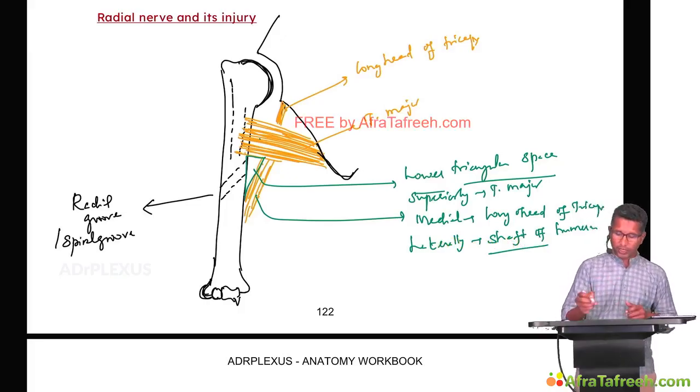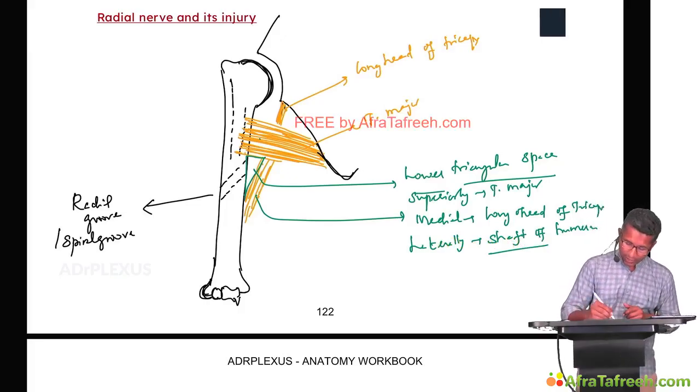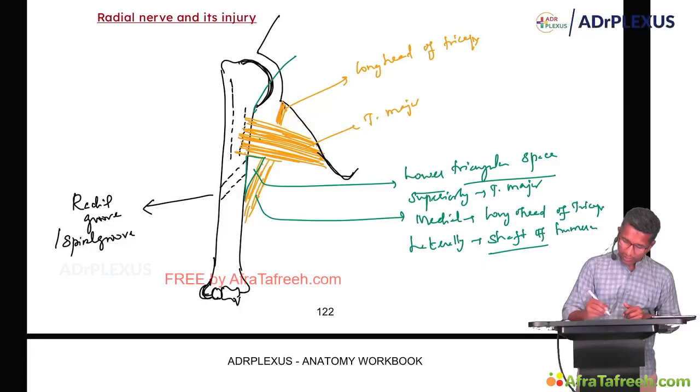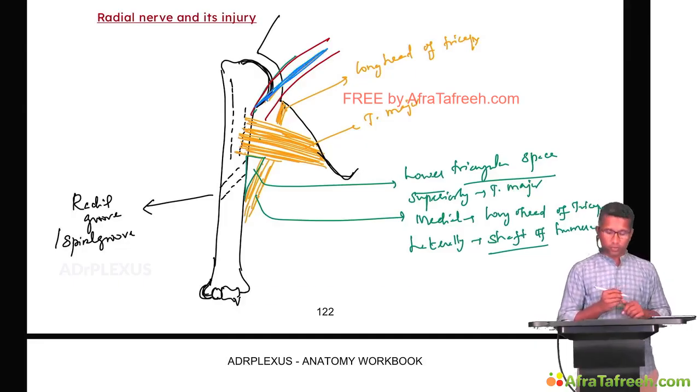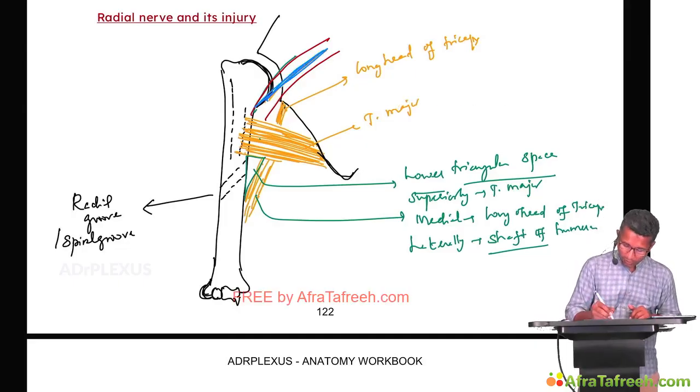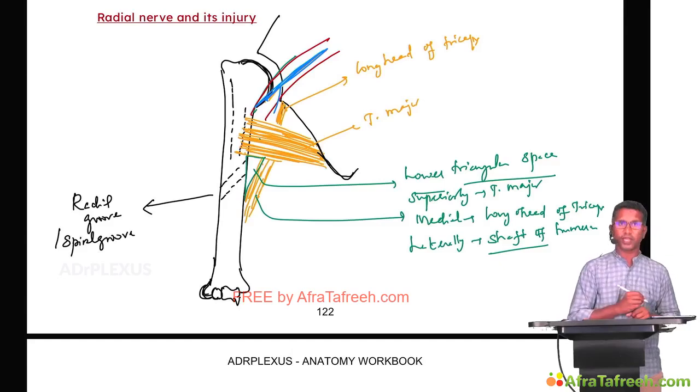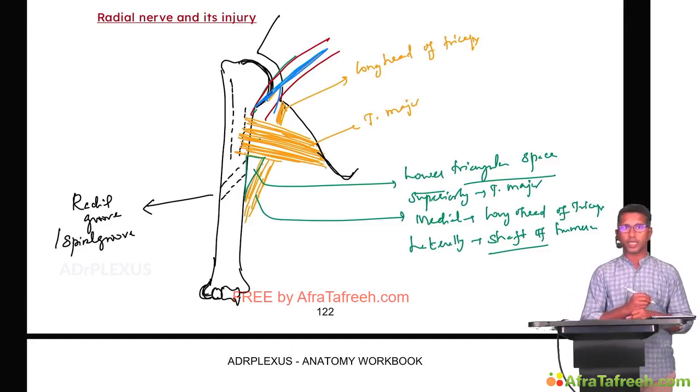Now you know that there is an artery again which is running in the axillary region, that is the axillary artery. Just running behind the axillary artery is a nerve. That nerve, or that cord, is called the posterior cord of brachial plexus. This is the posterior cord of brachial plexus. For coloring's sake, I will use blue color for the nerve here. So from the posterior cord of brachial plexus you get a branch which is called the radial nerve,